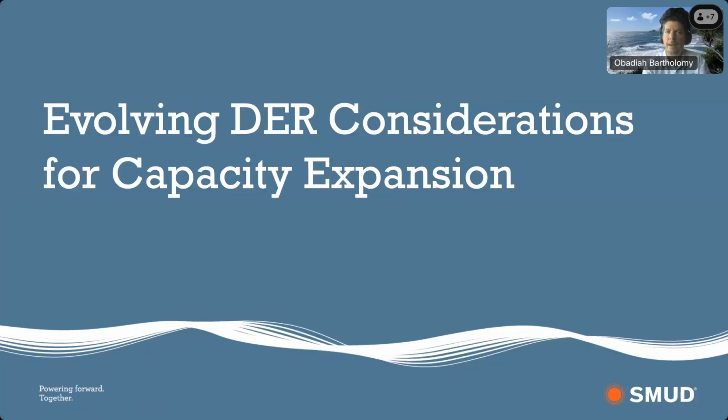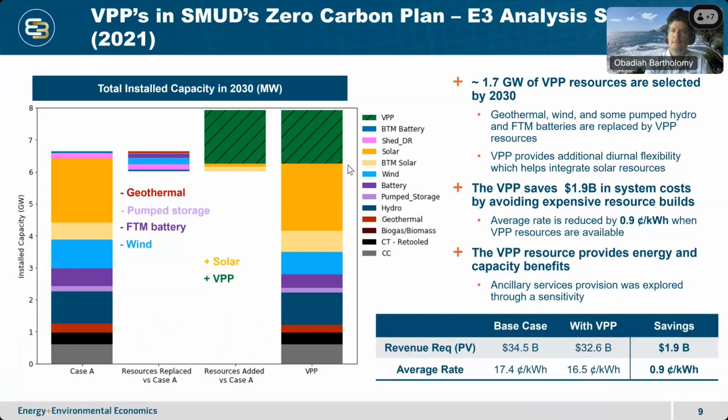So I'll share a couple of recent analyses we've done looking at DER consideration in a capacity expansion context, and then talk about some of the things we're thinking about looking forward. In 2021, as part of our zero carbon plan, we took a deeper dive with E3 on the role of virtual power plants in our zero carbon plan and what we could actually do in terms of displacement of those. I'll talk on the next slide about the methodology, but the high level results of this assessment were that